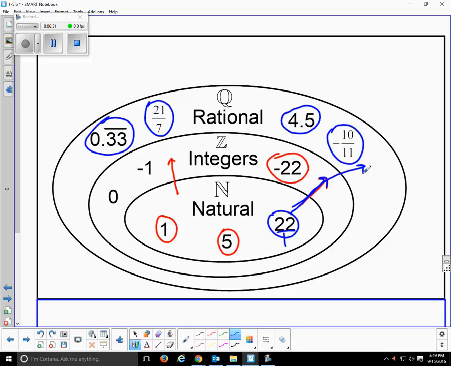An integer, -1. You could write -1/1. That's an integer. It's also a rational number. -1 is a rational number. So it works its way out of this graphic organizer we have here. The next one,